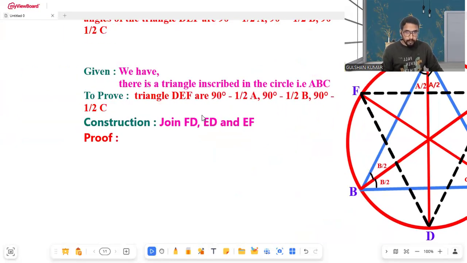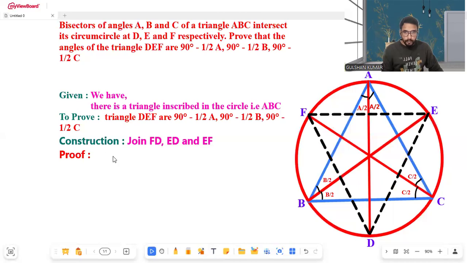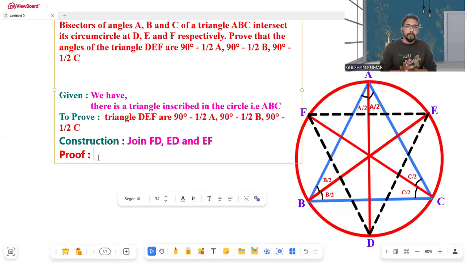Okay, this one. Now coming to the question. Now we have to prove. So starting with the angle,